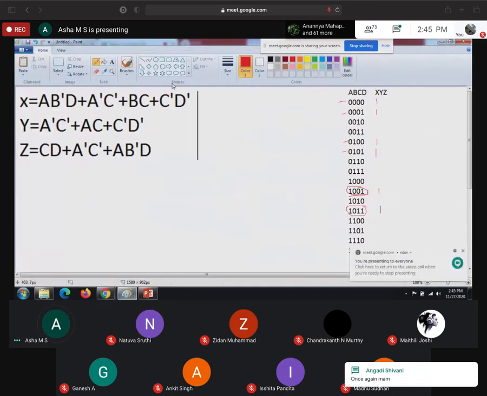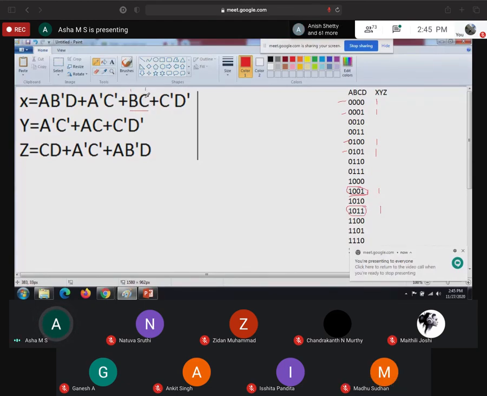Okay. So next product I have BC. So value of B is 1, value of C is 1. Don't worry about value of A and value of D. Where B equal to 1, C equal to 1, find. Both should be 1. I'll use a different color for BC. Here I have, here I have. Where else do you have BC 1, 1? Here. B equal to C equal to 1.